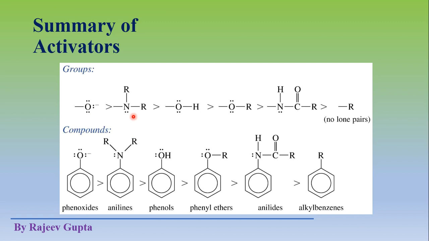Next are tri-substituted amines, where a dialkyl amino group is present, meaning aniline derivatives. These are also very reactive towards aromatic electrophilic substitution and very good ortho and para directing, because the lone pair present on this nitrogen atom is much less basic compared to neat aniline. Due to the presence of these bulky alkyl groups, this lone pair is not easily available for acid base reaction.